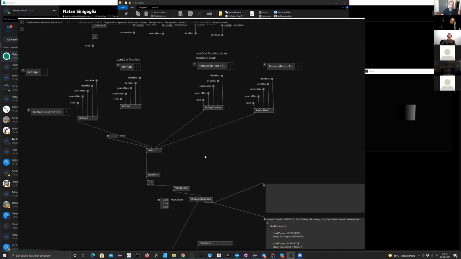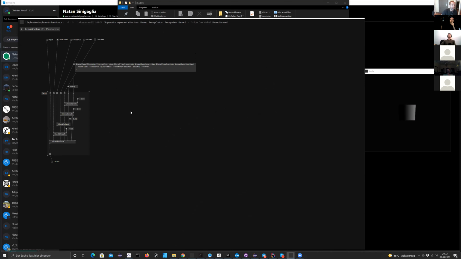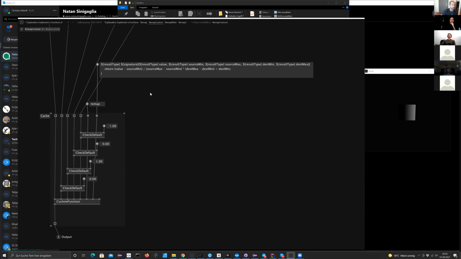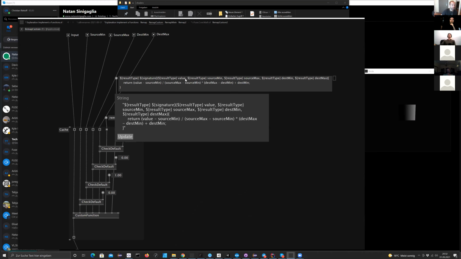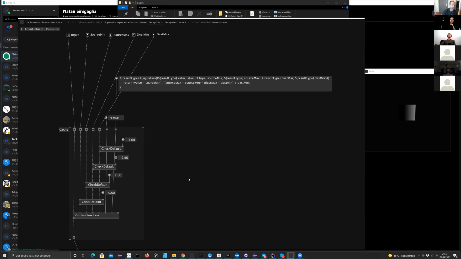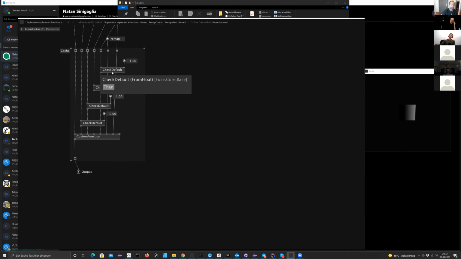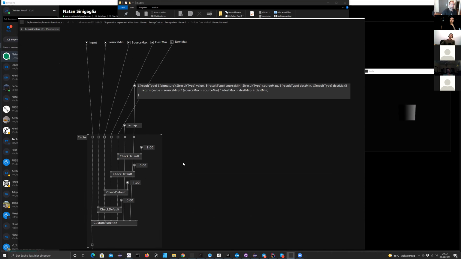Yeah, so now it's working. So something was wrong with the node, but nevertheless, as you see here, it's pretty much the same thing. Might have messed up something with the signature here, right? But you see, it's pretty much what I have just written. And I have also added the check defaults here from the node before, right? And yeah, this is now another way to encapsulate functions or new functions that we do not provide